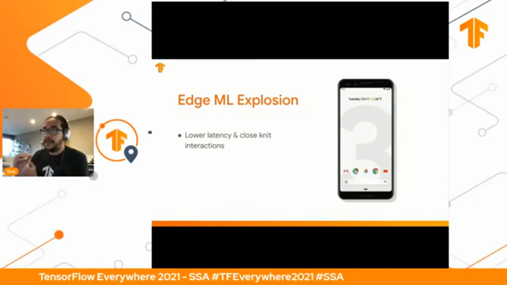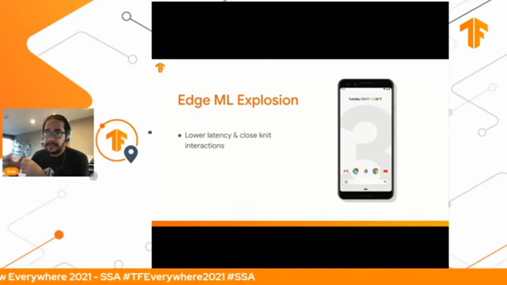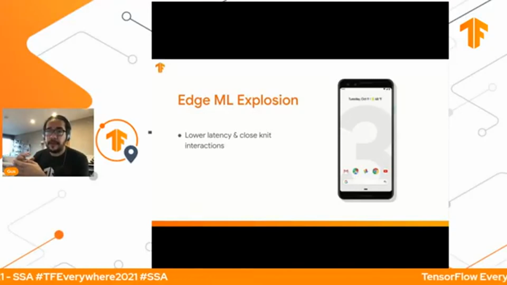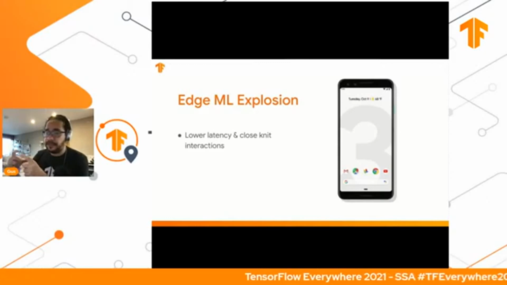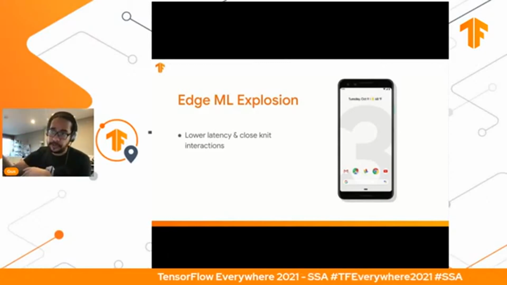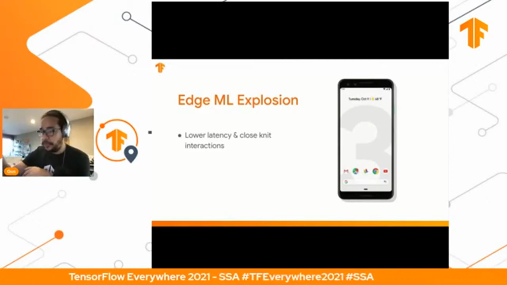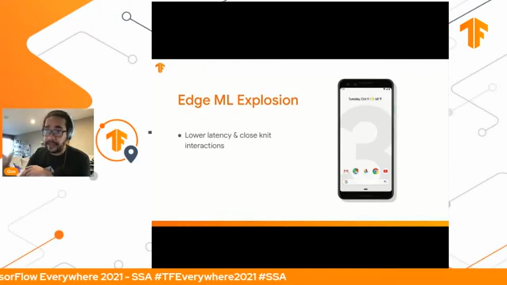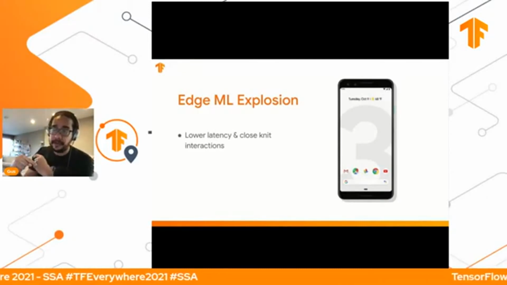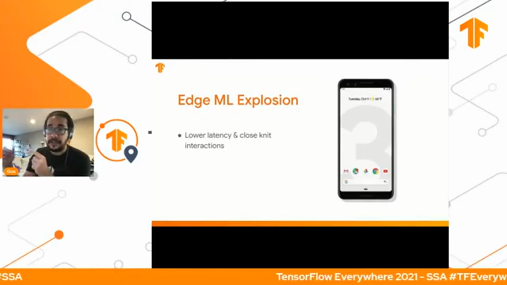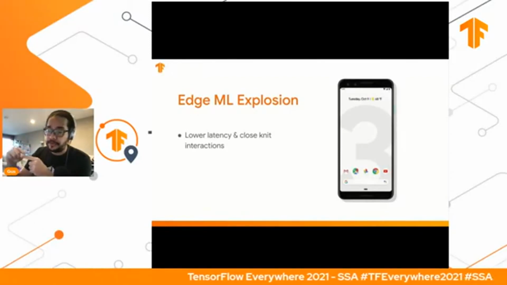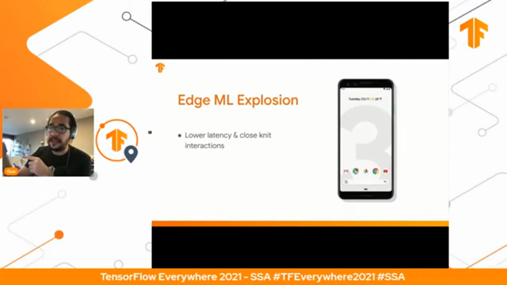So for example, if you want to get some insights from an image, the old way or the regular way, right? It would be like you take a picture, get this image, upload to your cloud server, run the machine learning, no matter how fast it is, and then you send back the results. No matter how fast your server is, it will still take the round trip to take the image there and get the result.